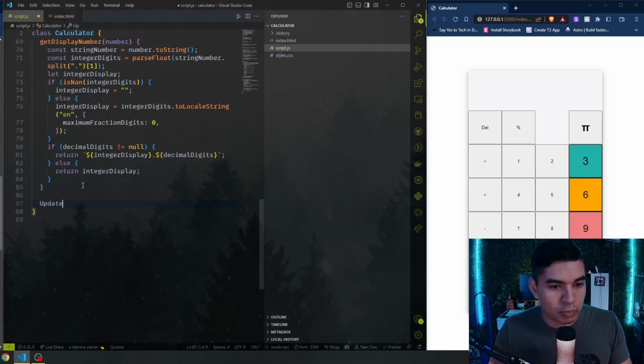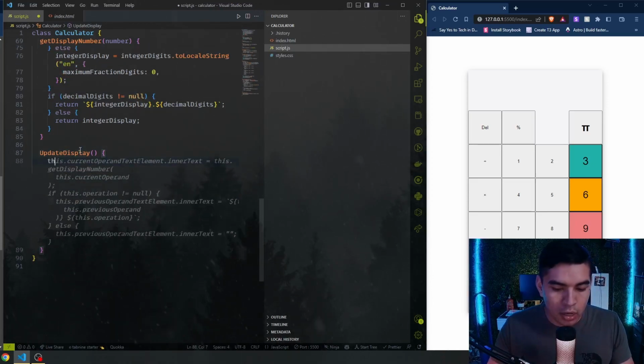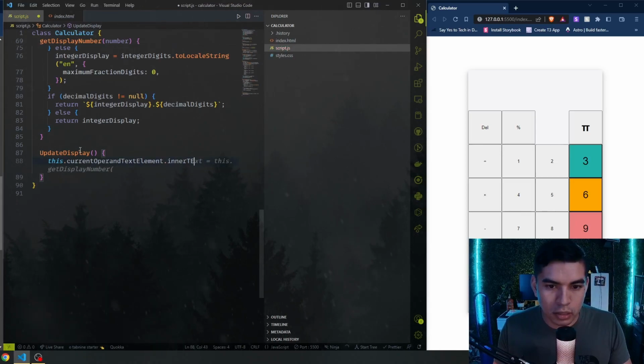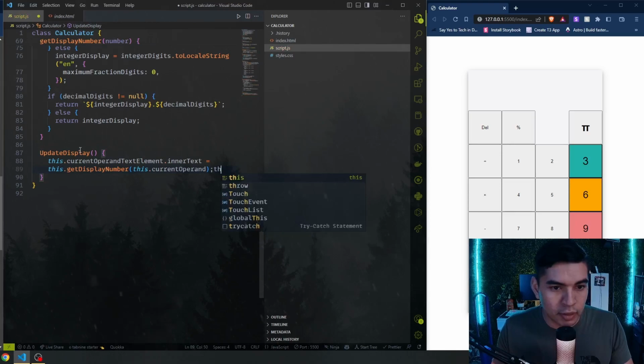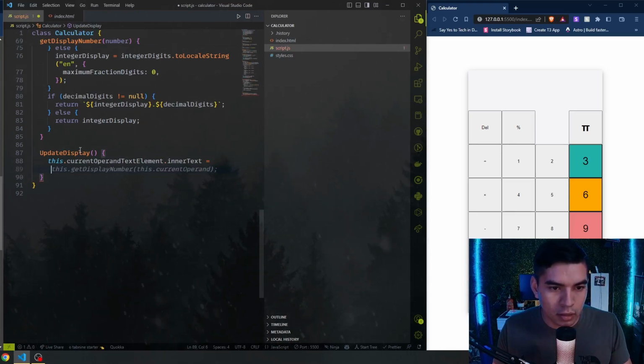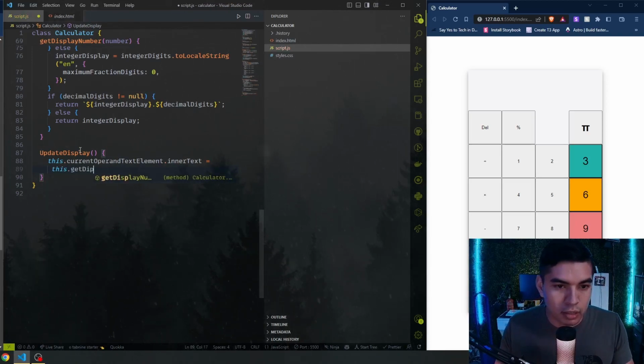There we go. So now we can just bring in our update display. Like that, we're not going to have anything inside of our function. And now we're just going to say this current operand text element dot inner text, and then now we basically, sometimes I don't like GitHub Copilot. I probably should have turned it off if I'm honest. Get display